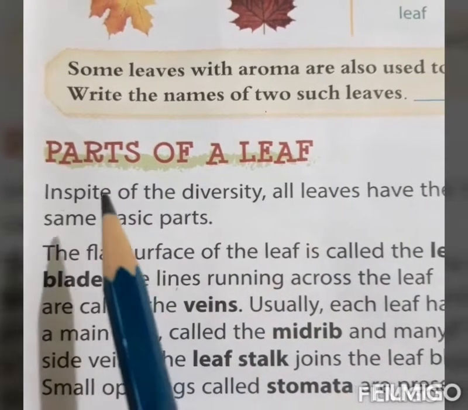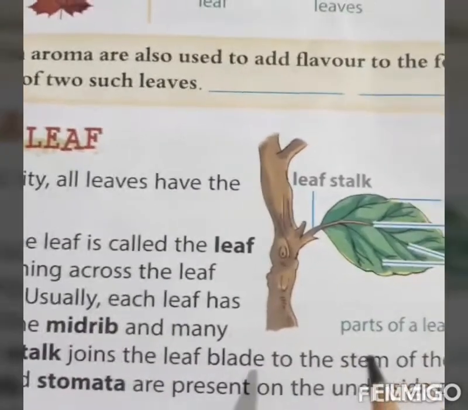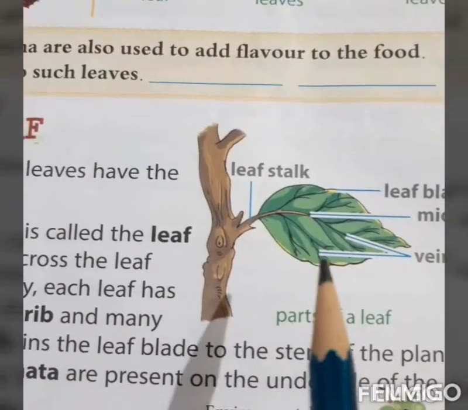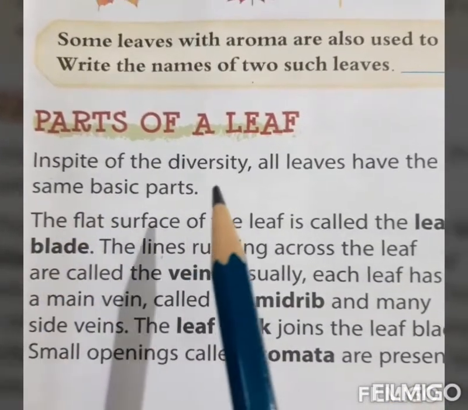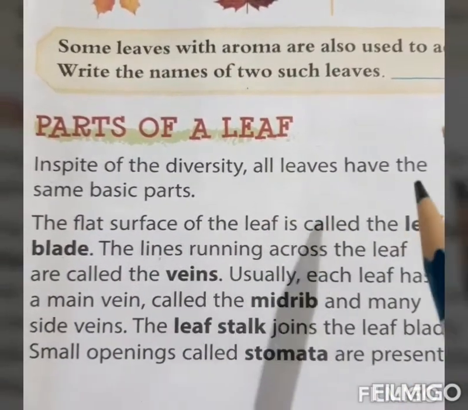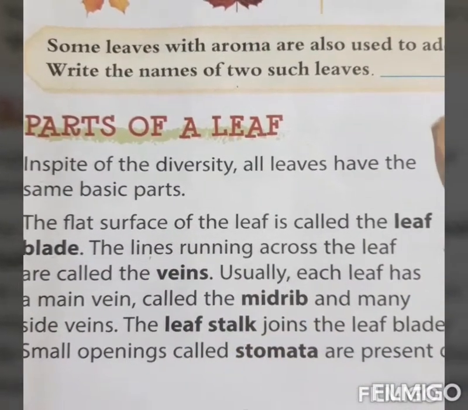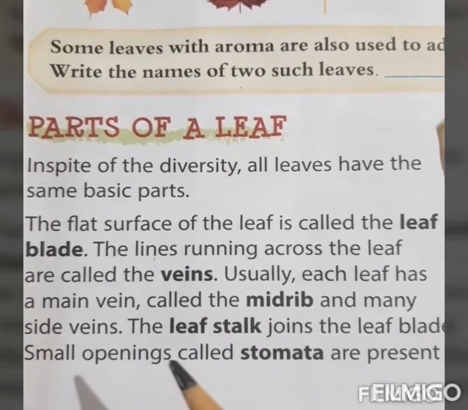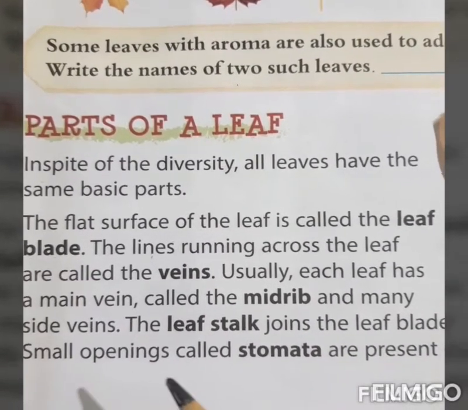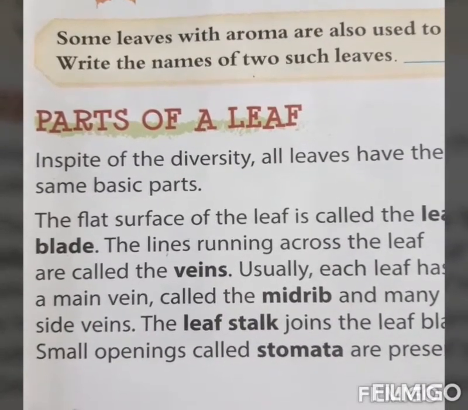Next topic is parts of a leaf. In this topic, we will read about the different parts of a leaf. In spite of the diversity, all leaves have the same basic parts. Though leaves of different plants have different shapes, sizes, color, texture, aroma, etc., all the leaves have same basic